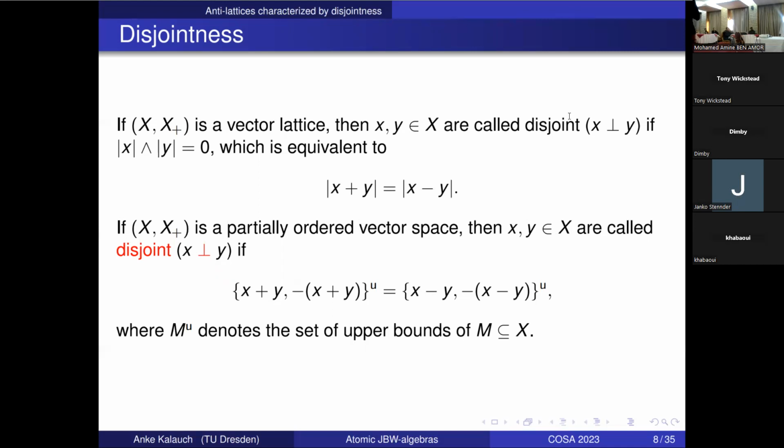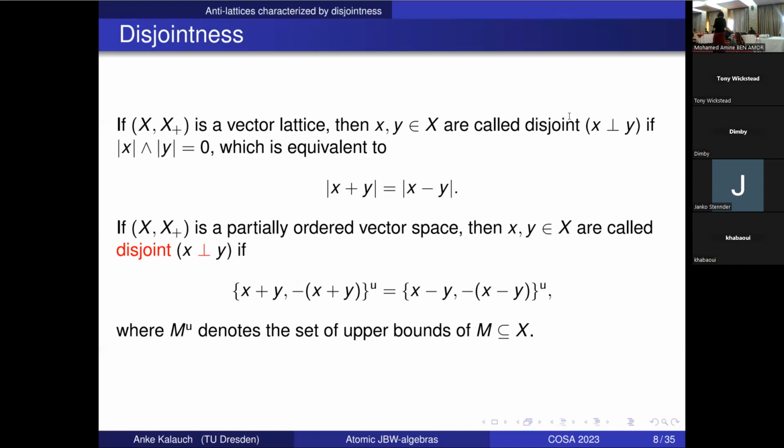So the U means the set of upper bounds of these two sets, and if they are equal, then we say two elements are disjoint. So you could say, okay, is this definition useful? What is this good for? And here I should mention, if you are in function spaces that do not have a lattice structure,